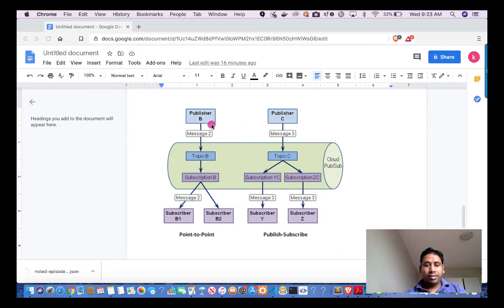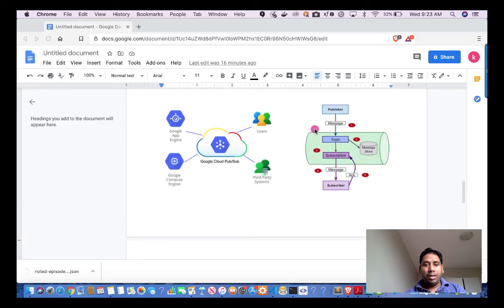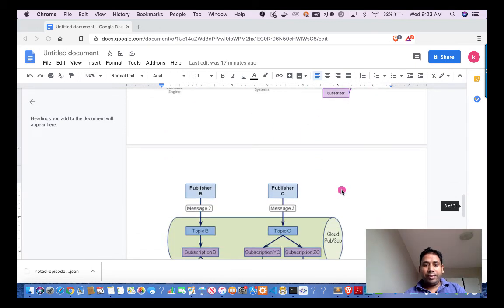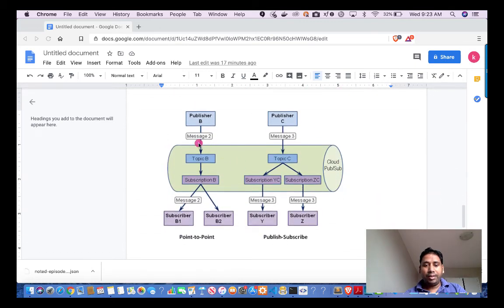But there might be various scenarios where we have multiple subscribers subscribing to one single subscription, and multiple publishers also publishing to a single topic. So here, publisher B is posting a message to topic B, and then we have one subscription B, and this subscription B has been subscribed by two subscribers.